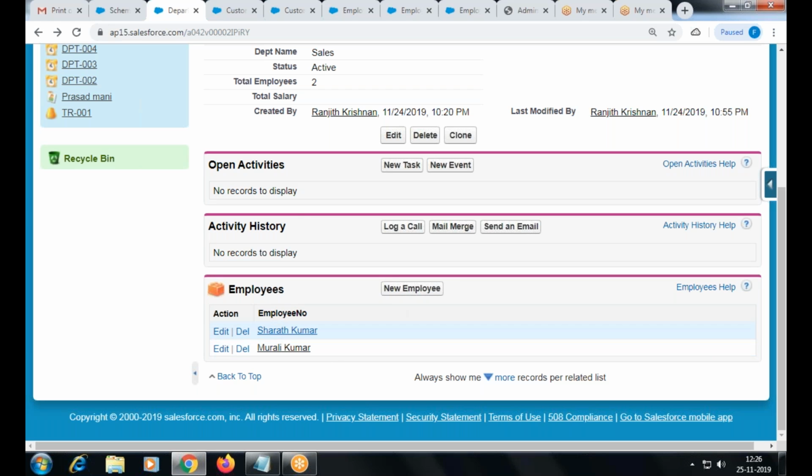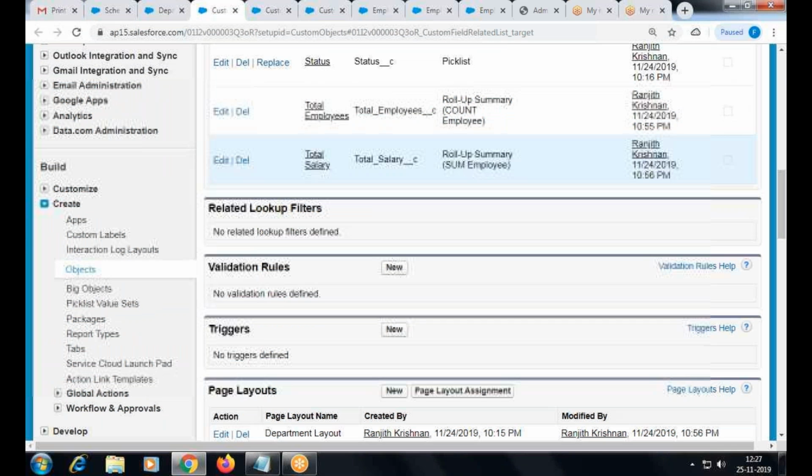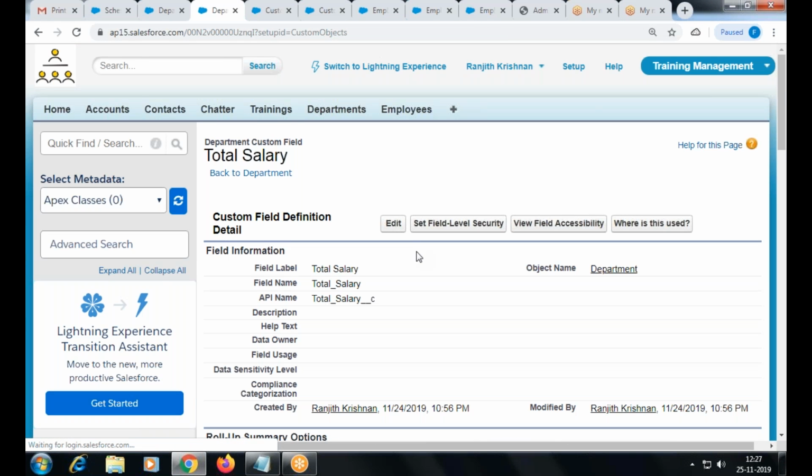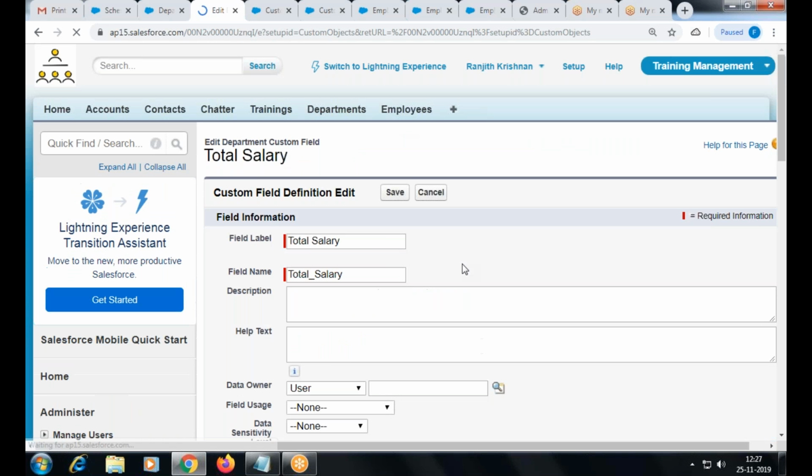Did we give some filter condition or what? Verify that. Total salaries. Edit.